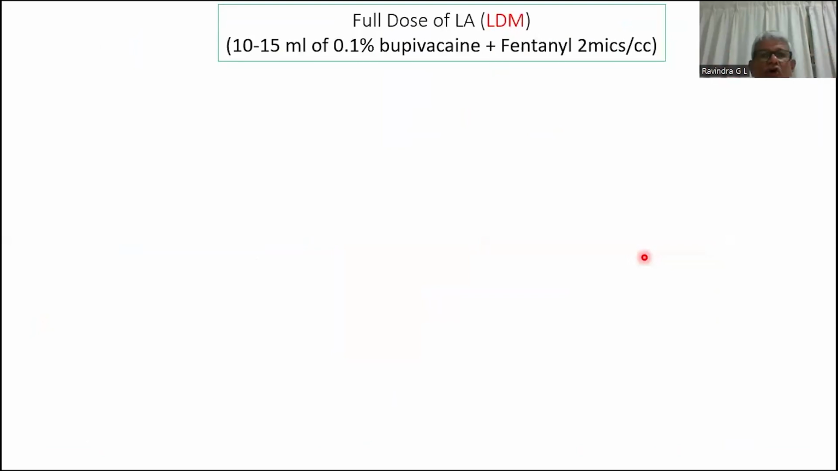Now, this is the flow chart. I think all of you should listen to it carefully and follow it properly. A full dose of the local anesthetic, LDM or ULE, whatever it is, 10 to 15 ml we have given, and after 15 minutes there is partial analgesia. So on the left-hand side, I'm going to talk about partial analgesia, and on the right-hand side, a total failure,